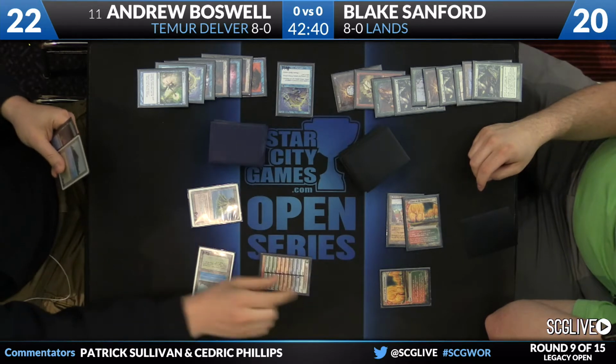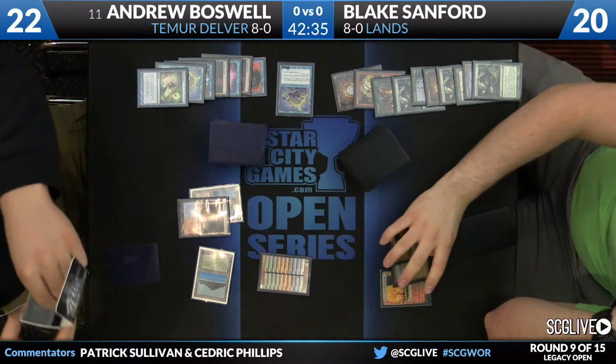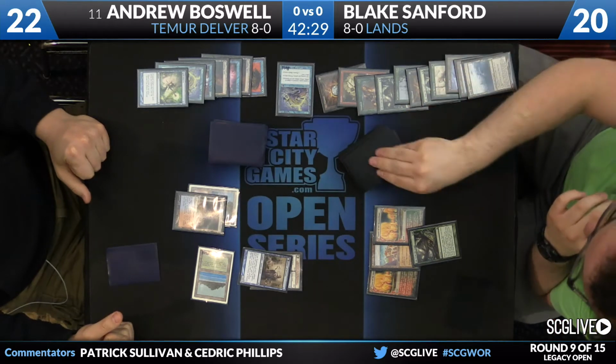Yeah, the problem is once the Loam gets going, then Maze of Ith starts being a player. Nimble Mongoose is really the card you want. Yeah, Punishing Fire becomes a player now too on this. I mean, I'm sure Boswell's thrilled to have something going. He needs to start attacking, but...